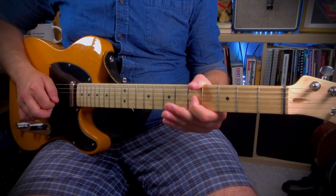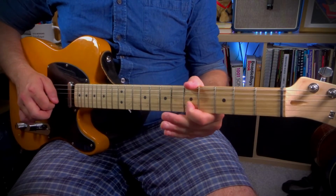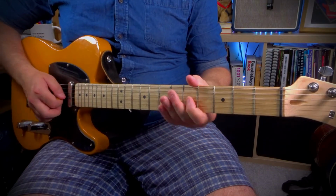1, 2, 3, 4. Now you can do 8th notes if you want as well. So 1 and 2 and 3 and 4 and 1 and 2 and 3 and 4 and. You can do 16th notes, you can do triplet counts, you can do whatever you want really. The whole point of this is you're gaining control of the vibrato